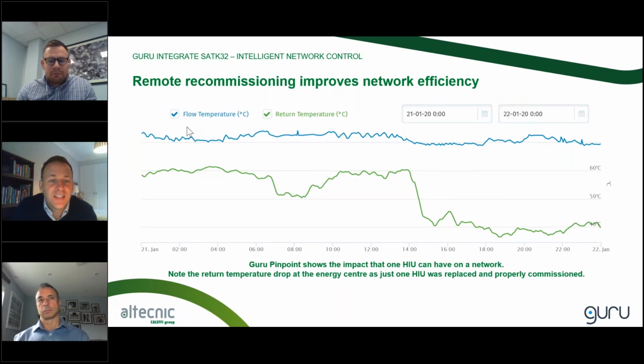You can see that green line sits at about 60 for two thirds of the day, and then at 2 in the afternoon, it drops off a cliff and goes from 60 to around 40. Now this is a 70-40 network, so you can see that when this day started, the network wasn't performing in line with its design, but when the day ended, it was. What happened during that day was the impact of one HIU on this network. This was actually the replacement and reconfiguration of an HIU. And by having that single unit set up and performing as well as its neighbors, the flow rate through that